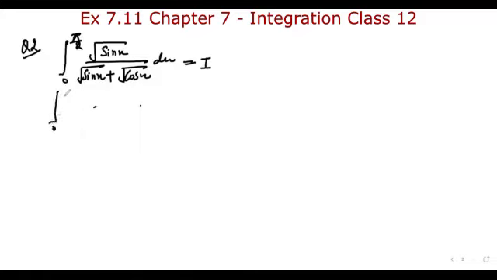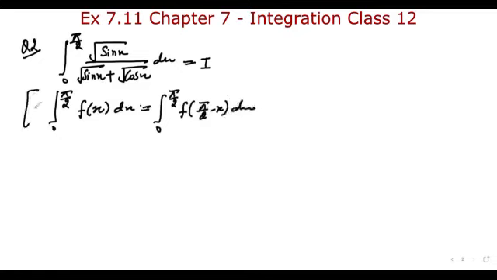Let us assume this as I. We know the property of definite integral, integral 0 to pi by 2 f(x) dx is equal to integral 0 to pi by 2 f(pi by 2 minus x) dx. So this is the property. If in place of pi by 2 any other value or constant is there, we can have that in the property. So when I apply the property and replace every x present here with pi by 2 minus x,